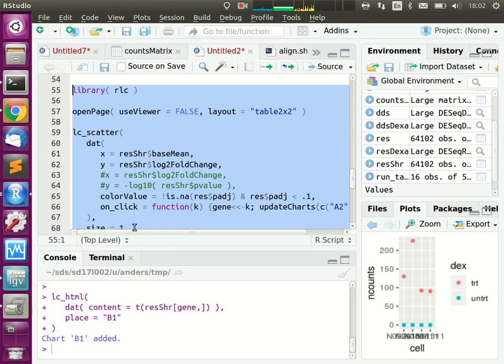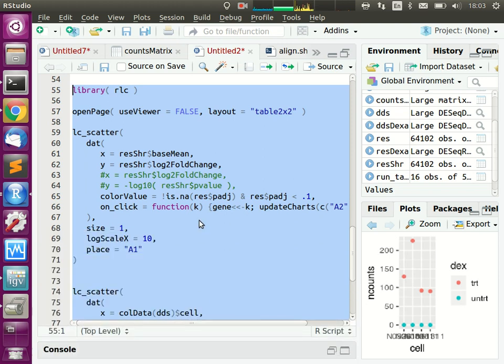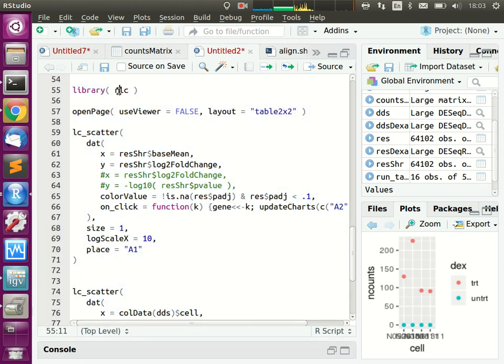So here is the total code that I've now always used to do this. And I quickly show you this here. It starts here with RLC for R-linked charts, because we are linking these charts, that's how we call it. We, by the way, means Svetlana Ovchinikova, a PhD student in my group, and me. When I open a